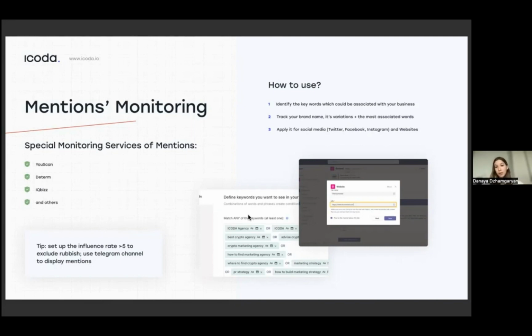Then also you can choose the sources from where the mentions come from. So for example, if you don't want to track the websites, you can just exclude them from the list. And then it's also quite convenient to display these mentions in the Telegram channel. So for example, you have a special Telegram channel where the mentions from this software come. So it kind of makes it easier to track the mentions because you don't need to open this